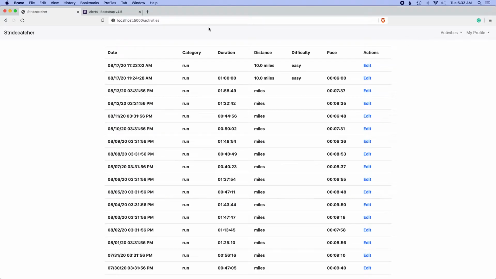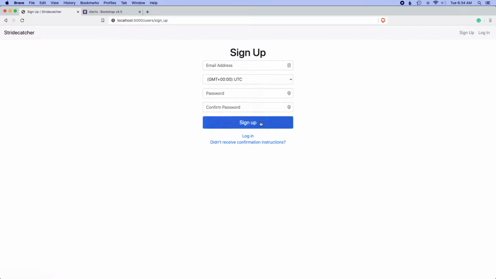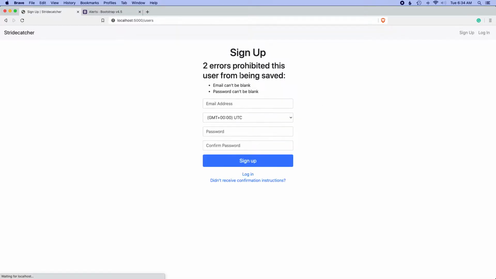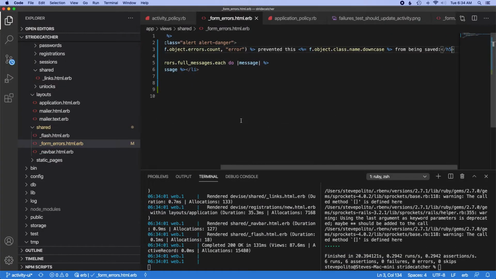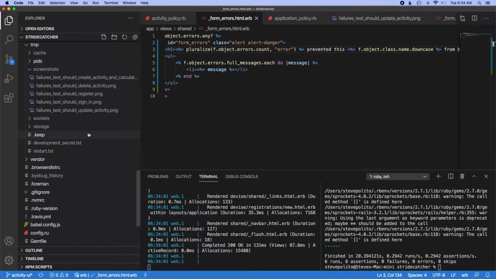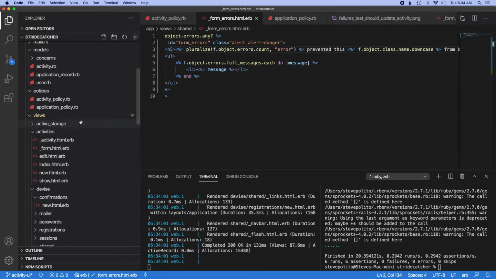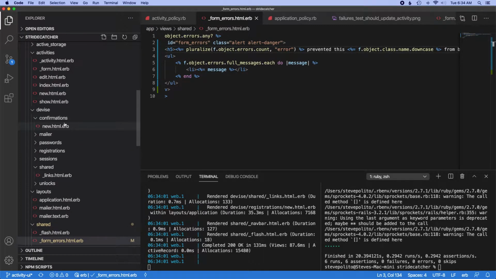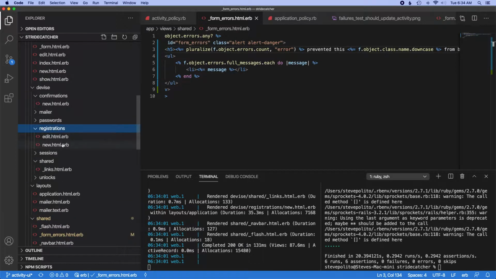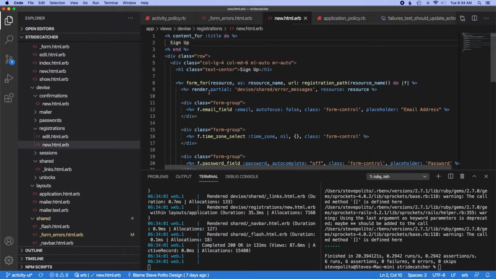And the other thing I want to do is, if I log out, and let's say I want to sign up, and if I just don't fill anything out, this is displayed, but this is actually being rendered from a totally different partial. Let's see if I can find it. So devise, registration, so new registration. So it's actually rendering this partial here, and this is actually getting pulled from the devise